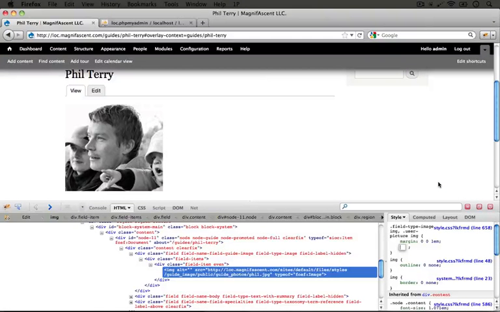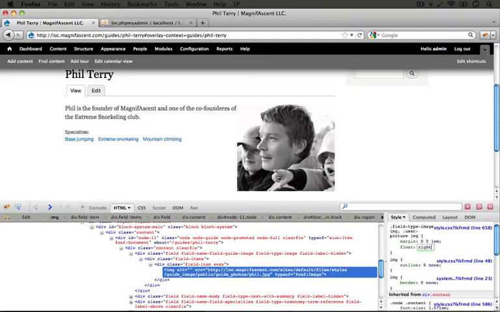So this is the same thing that I did earlier by clicking on the value of the last property and pressing Enter. So what we're going to do is add a float, and then we're going to set it to right. And when we did that, we got pretty much the look that we need in our mockup. It floats it to the right. But you'll find out after doing a little bit of experimenting that we also need some margin as well, because